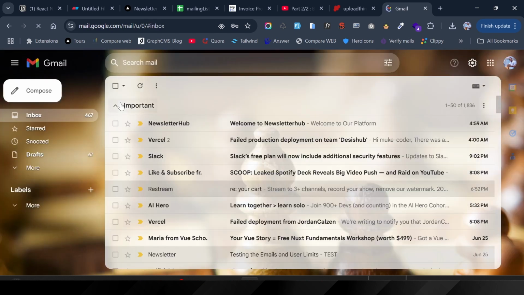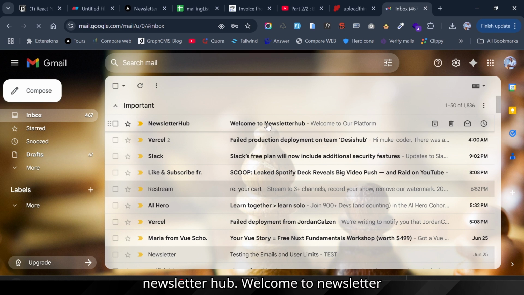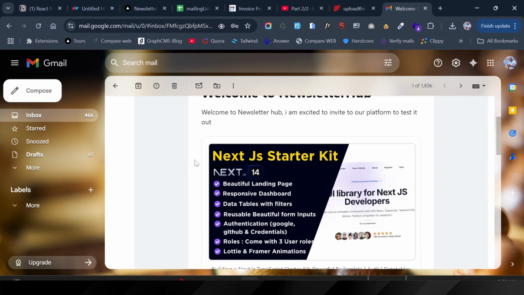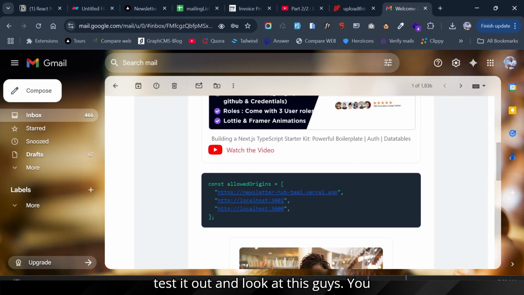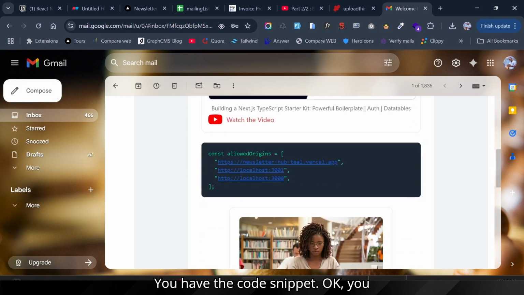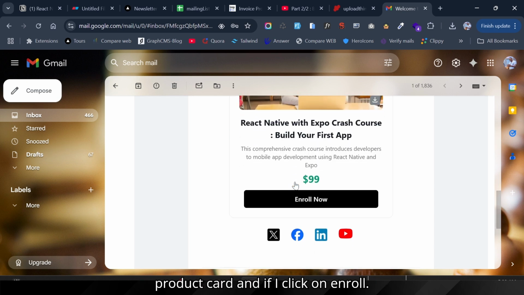And I have Newsletter Hub here. Nice. Newsletter Hub, welcome to Newsletter Hub. Welcome to our platform. And I have this here. You can see welcome to our Newsletter Hub. And then I have this, I am excited to invite you to our platform to test it out. And look at this, guys. You have a nice YouTube video card here. You have the code snippet, with even links, which are clickable, by the way. Then you have a product card. And if I click on enroll,